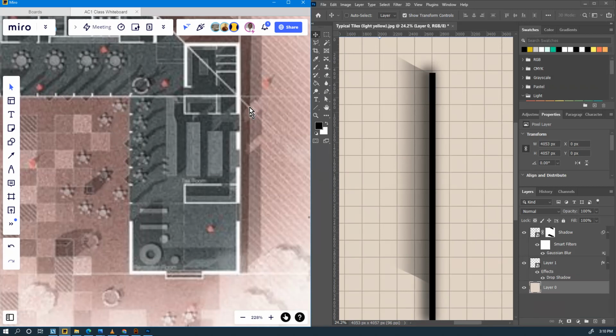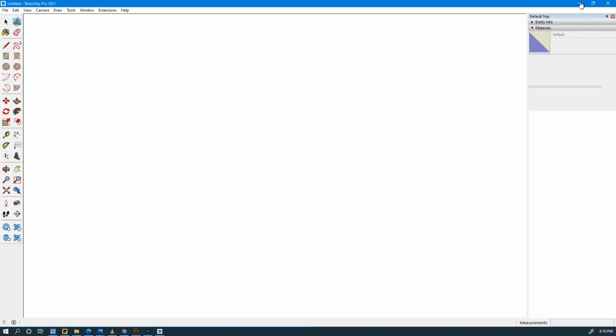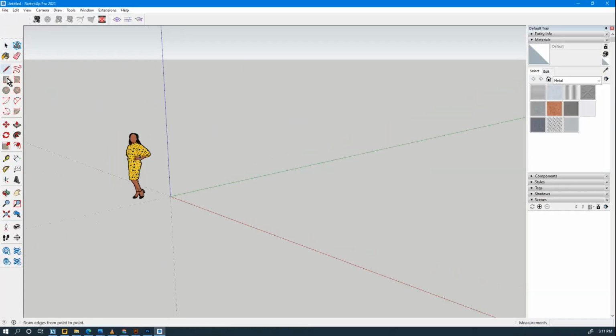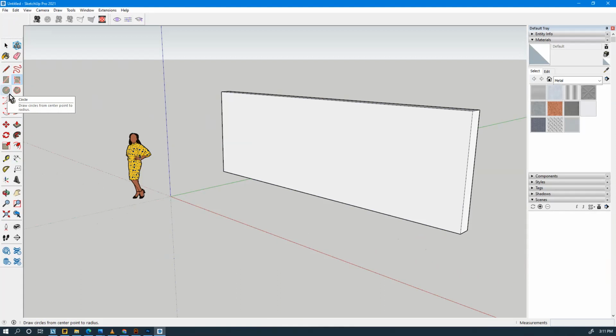If you can get a change without you having to do over major work, then you should really go for that. So I would try to get these shadows from a different program altogether. So for example, if I went into SketchUp, and our time is about up now, so I'm just gonna leave you with some tips as I go. So if I went into SketchUp and let's say that there is maybe there's a door here,